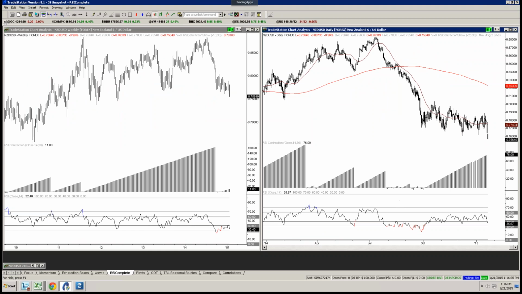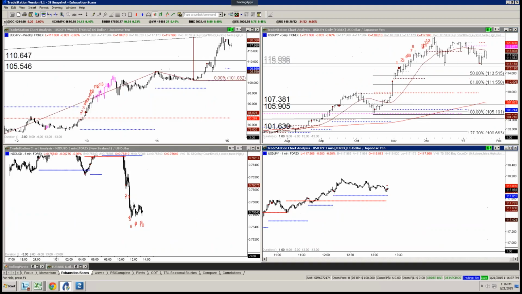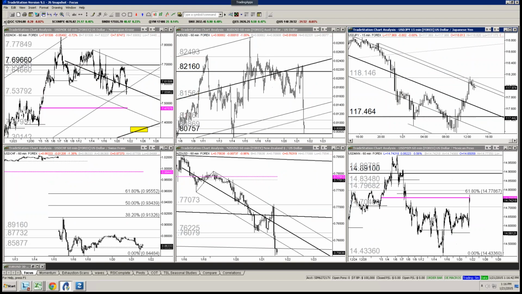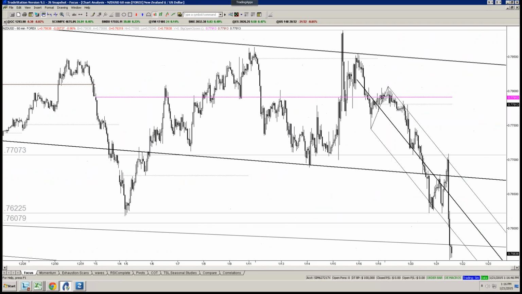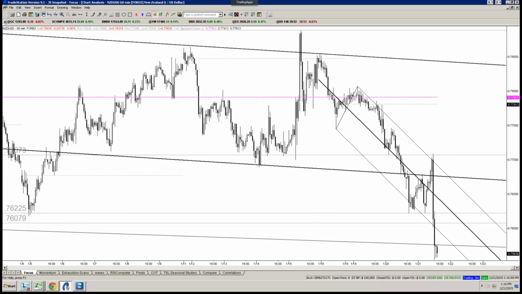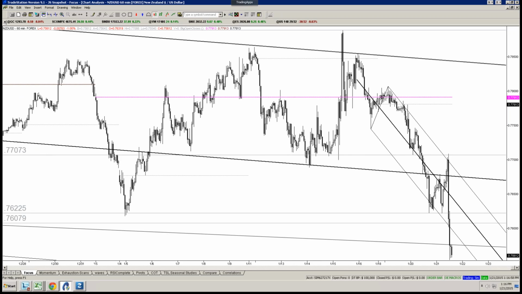But you get the idea. So looking at the short term, getting involved in this trade, if not already involved in the trade, as mentioned, we could find some support for a bounce at 75.30 or 75. Where would you want to be looking to establish a short position or increase a short position?